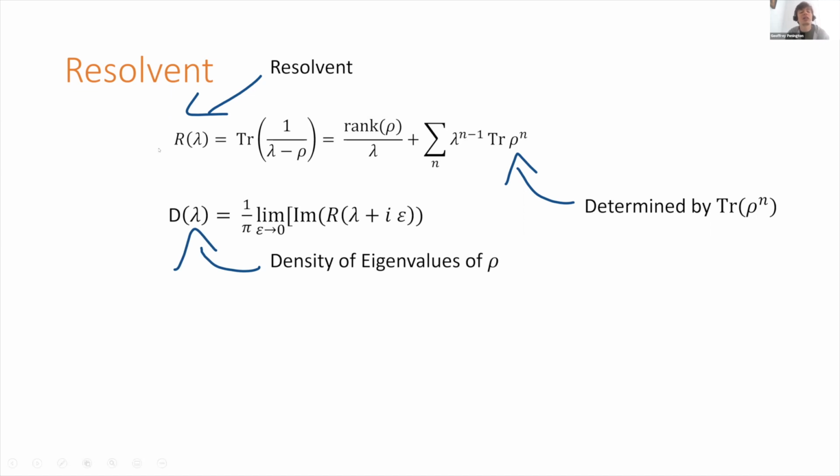However, in turn, if you know this resolvent, then what you can do is approach the real line from above and below the real axis. And by looking at the imaginary part of the resolvent as you do so, that will give you the eigenvalue density of rho. It will give you delta functions in principle at each of the eigenvalues of rho. So if we can work out this resolvent, we can work out the eigenvalues of rho, and in turn we can work out the von Neumann entropy.